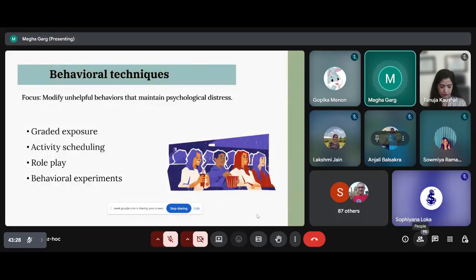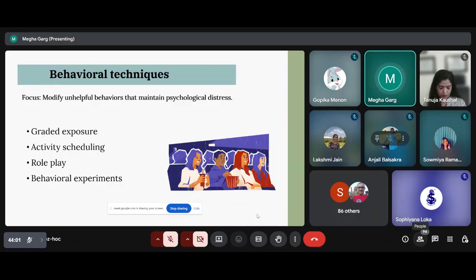Okay, so now we talk about the behavior techniques. The main focus of the behavior techniques is to modify the unhelpful behavior that maintains psychological distress. So, what are the techniques in this? The first one is graded exposure. In graded exposure, we systematically confront the fearful situations. The second is activity scheduling. In activity scheduling, we schedule and plan some manageable activities, like some enjoyable activities, some mastery tasks,